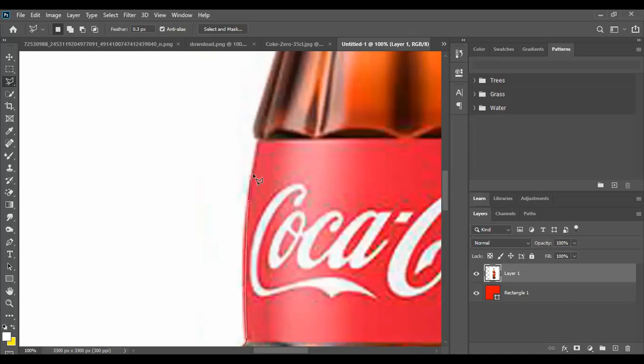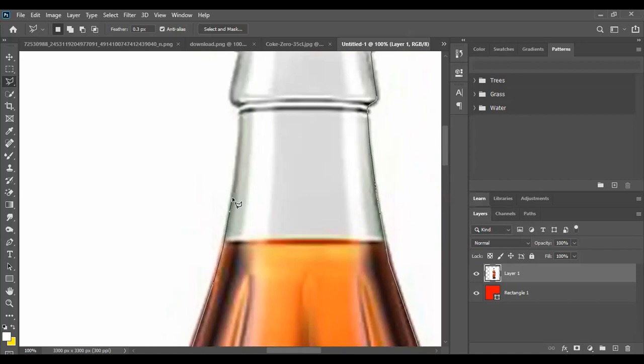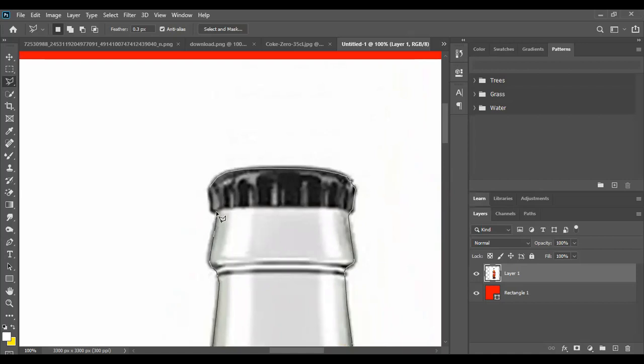Yes, I'm following. Removing the background, that's what we want to do. Yes. So once we have gone through the image with the polygon lasso, creating anchor points,